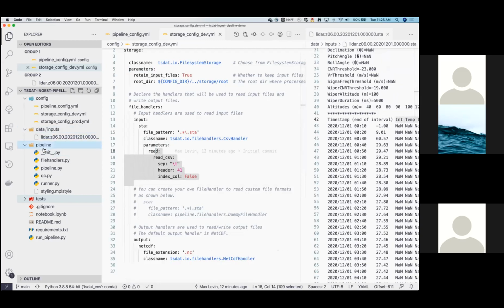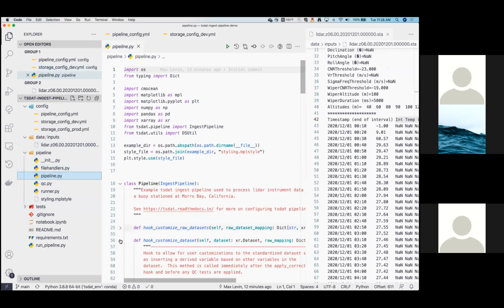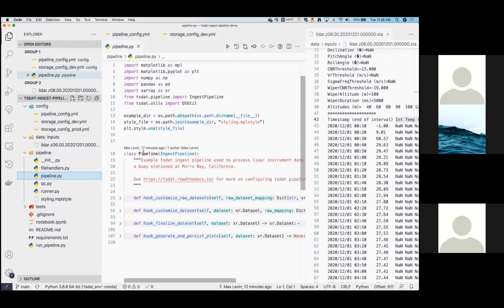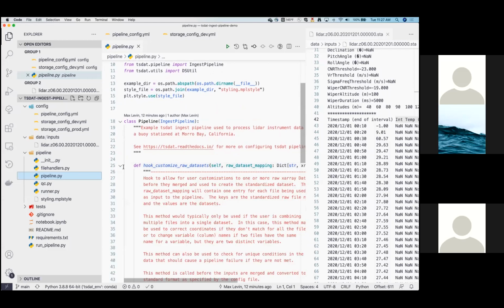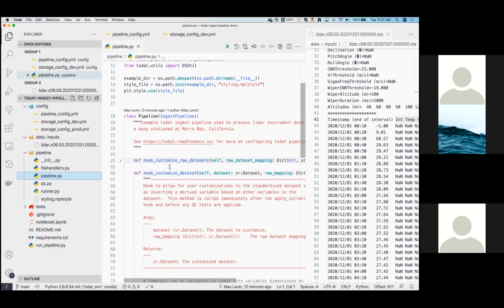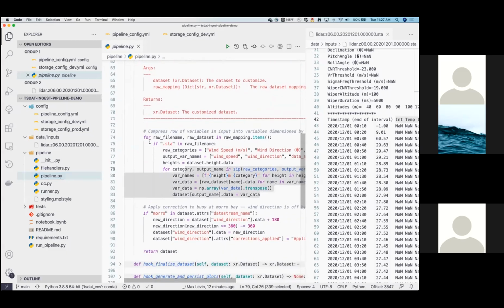Okay. So the last thing I'm going to show briefly is this pipeline area. I'm going to start with this one, pipeline.py. This is the code that we are going to actually run. It extends the tstat ingest pipeline class. And I've defined a couple of code hooks. So in this particular case, the customized dataset hook at Morabay,